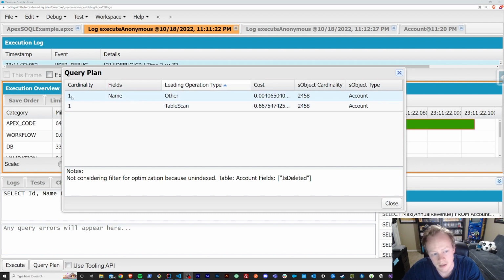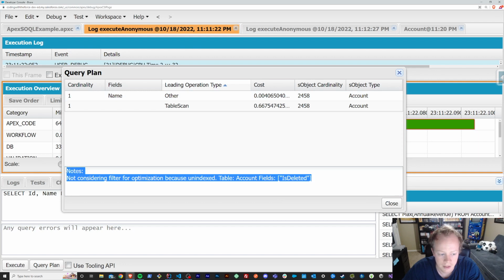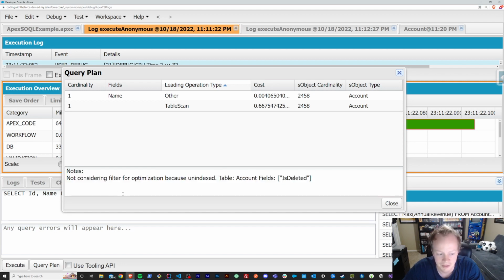But this one that shows up at the top here in the query plan tool is the one that Salesforce is just going to automatically select in the background when it executes your SOQL query. And so you want this top one to be under a value of 1, which this one is, which is great. And you're always going to see this ridiculous note down here. It never goes away. Doesn't matter what object you're on. So just know that this always shows up, and don't worry about